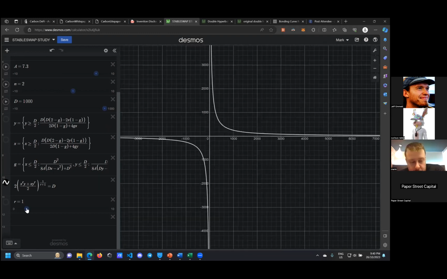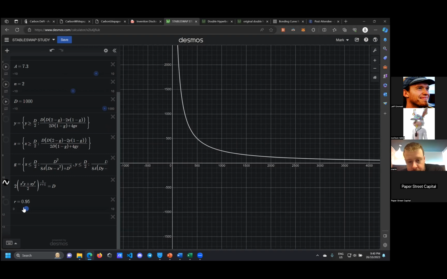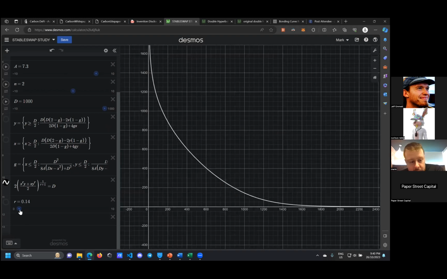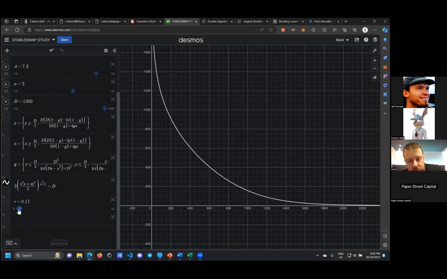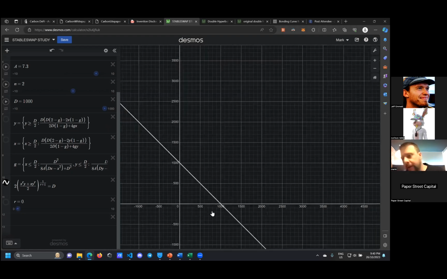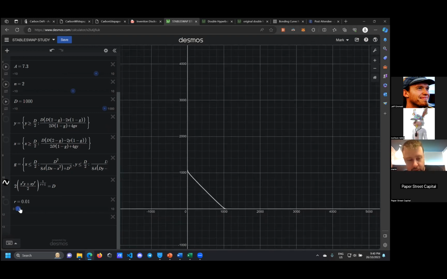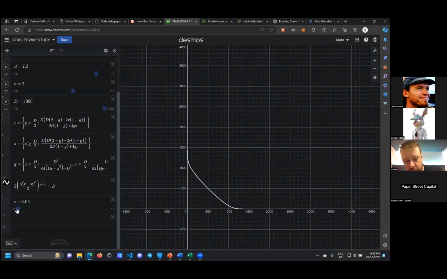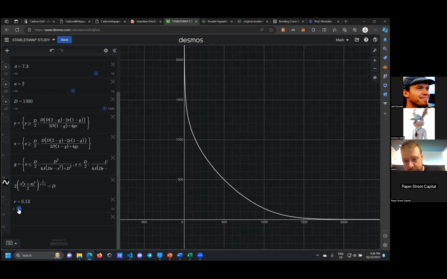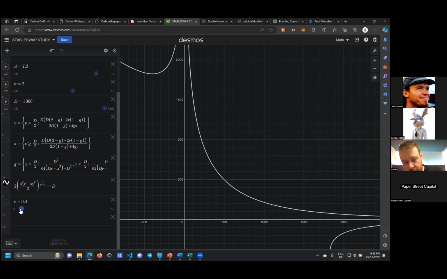So let's have a look at what happens when we move R down to numbers less than 1. You will see that it looks to be doing something very similar to Curve, right? It gets flatter towards the middle section. And in fact, when R is equal to 0, it becomes a completely straight line, which only happens in the Curve equation when you allow A to become infinite. So the Solidly equation actually can get to an infinitely amplified system. And at all numbers between 0 and 1, you get this kind of slope, the same sort of slope that you get for